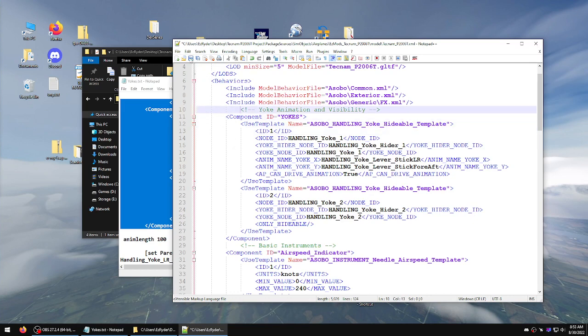But I like to keep everything consistent. Alright. So node, those are going to be the name of an object. Anything that says node is the name of an actual physical object. And what they do, and these are the names of your actual animations. But what's tricky about the yoke is that actually doesn't go on the node ID